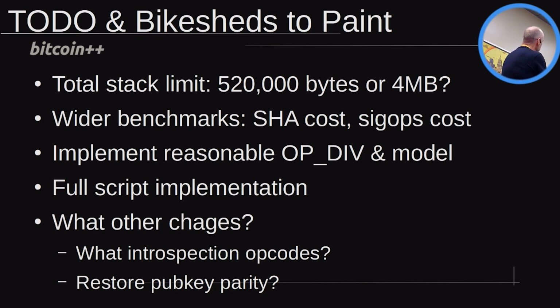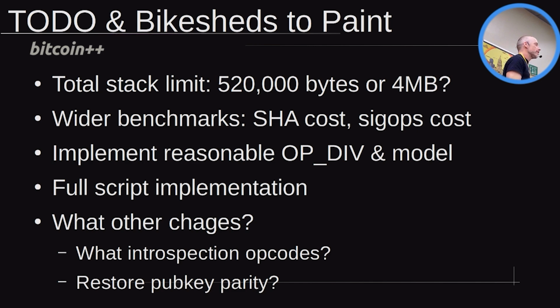debate. Wider benchmarks, right? My laptop's not a canonical thing to use. We do need a broad range of benchmarks to establish relative costs across a whole heap of different machines. I've got to implement opdiv. We do need a full script implementation, right? We actually need not just enough for me to benchmark. I tended to mug op and op4 for different things so I could benchmark it. You actually need to write the code and do it properly. And then you're like, well,